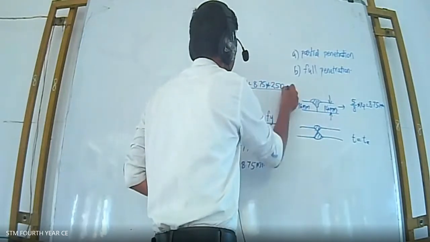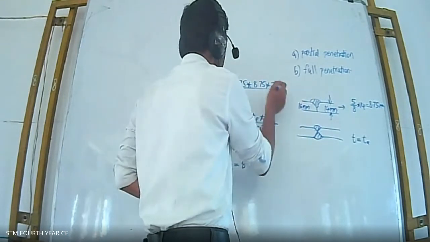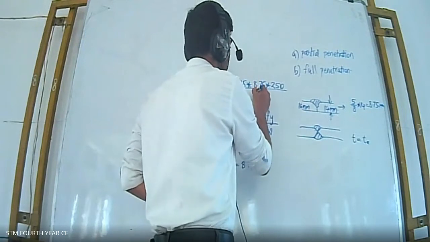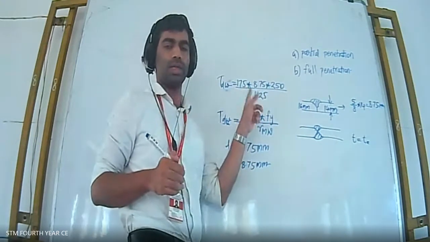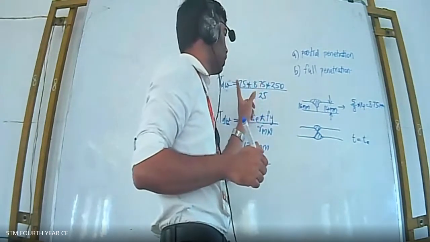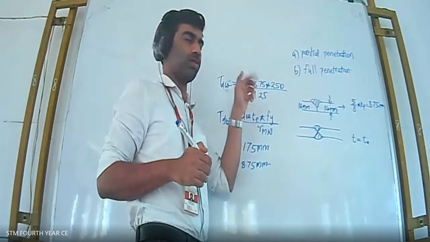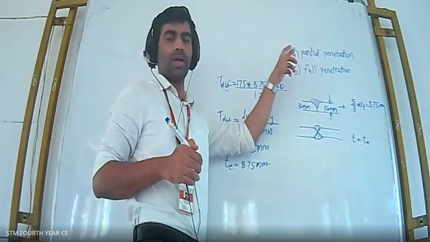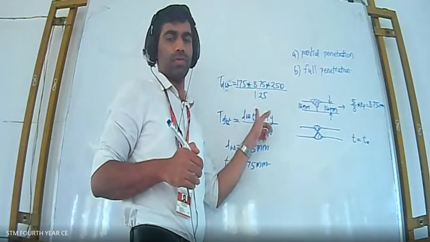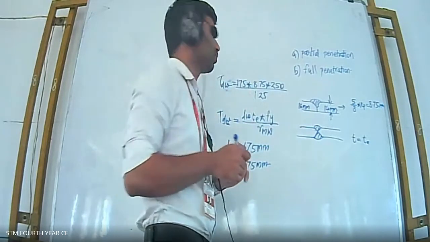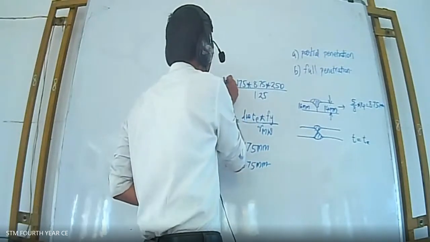So the value 250 you have to take. In the code book also it's given like that, Fy. Here you have to substitute 250, and gamma_mw, 1.25, you can take. Sorry, in the case of site and field condition, it will be 1.5. In the case of shop condition, it will be 1.25. Shop condition, it will be lesser.